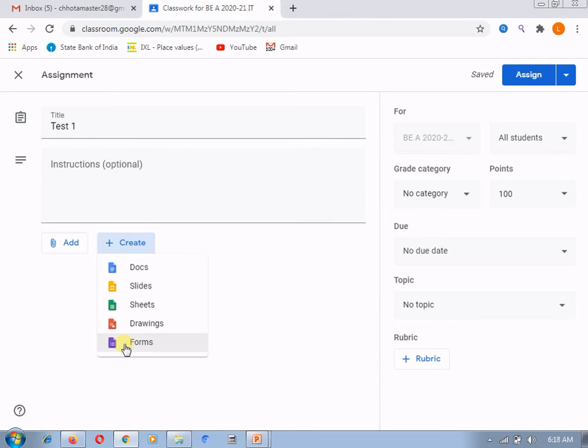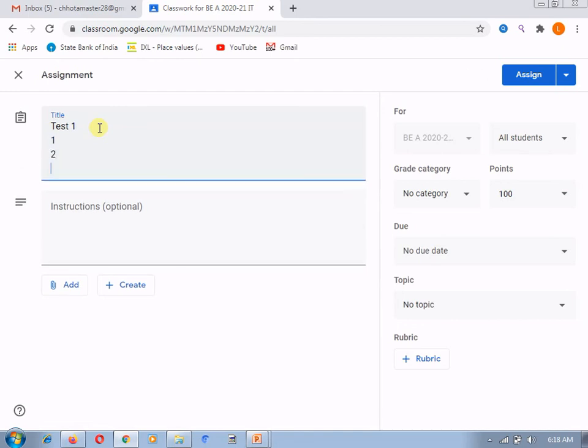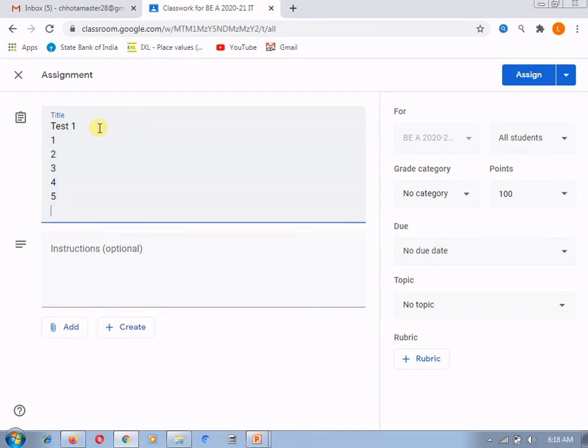Currently, suppose I am giving a list of questions, and for that I can add an attachment, or I can give all the questions over here as 1, 2, 3 and so on. This also you can do, or you can attach an attachment as well. So this will help you to create the test.